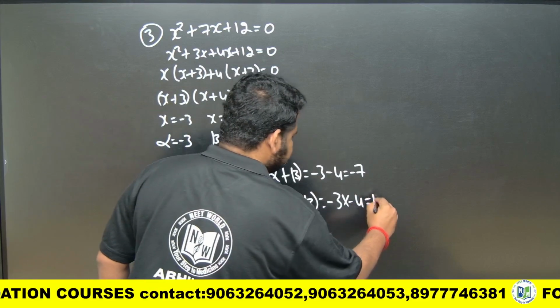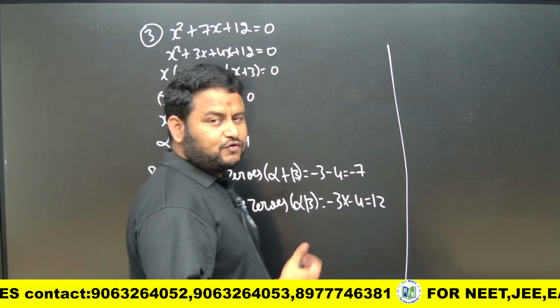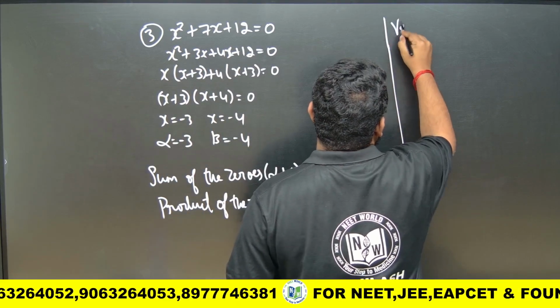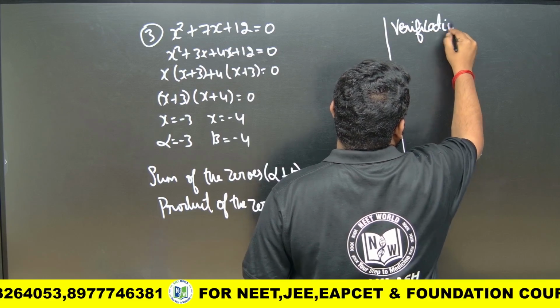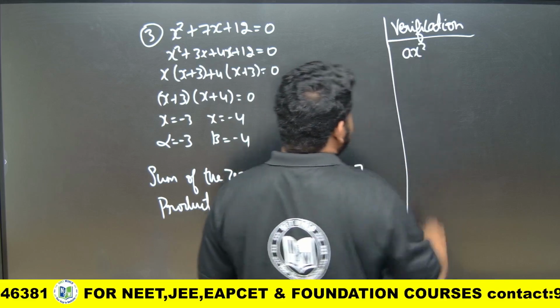So this is done for us. Now what we have to do? We have to verify using the formula method. Is it the same or not? Whether the sum of the zeros and product of the zeros match with the formula method or not, we have to verify. So for verification, let us write "verification" and let us write the standard representation of the